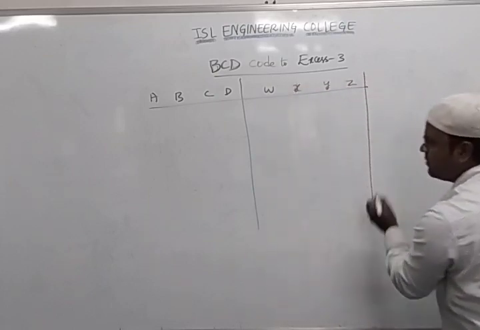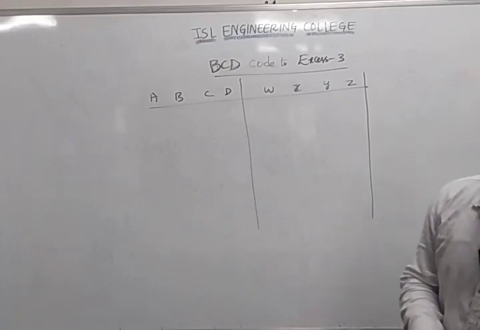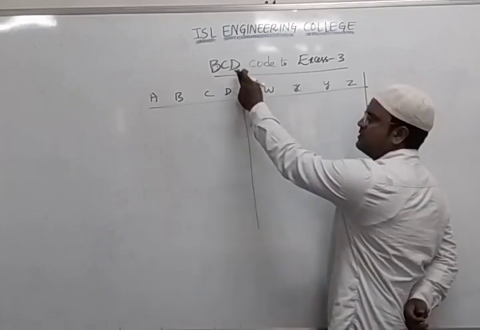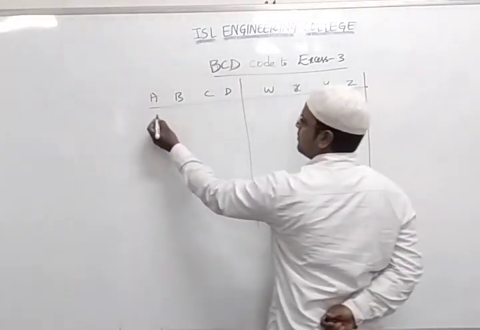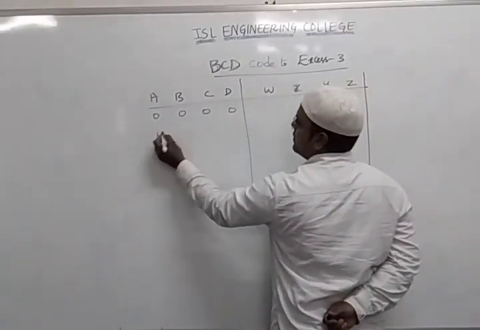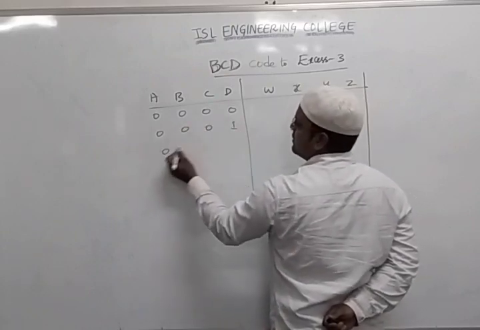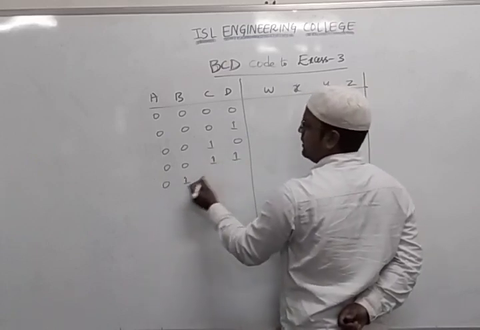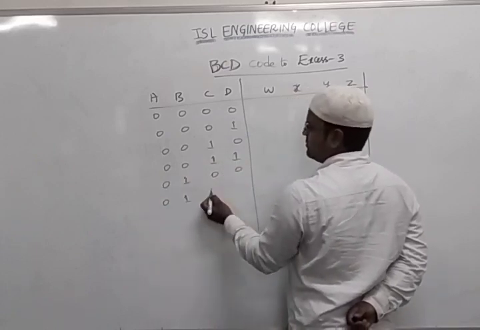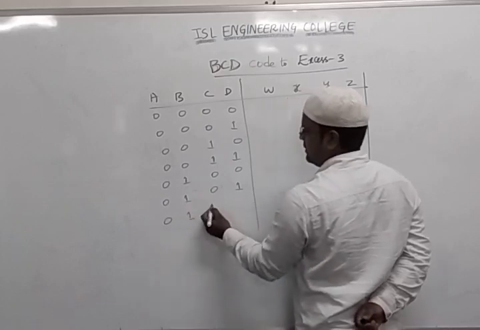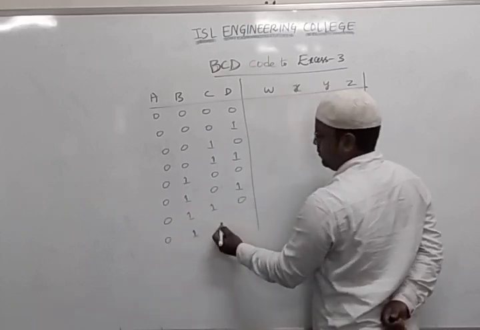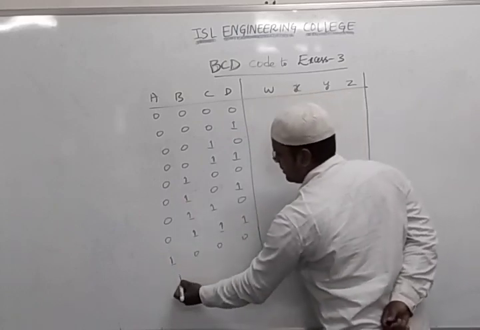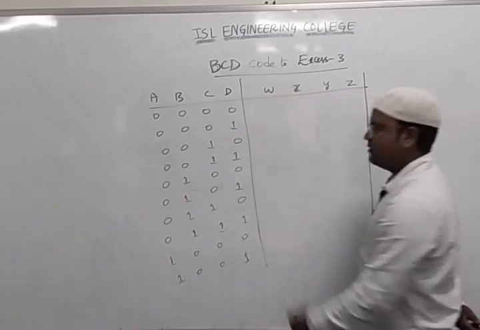So these are the values we will take, and we'll try to write down the values for it. In order to do that, what is the first thing we should know? That BCD contains how many numbers? 0 to 9. So we'll write that particular combination starting from all zeros: 0000, 0001, then 0010, 0011. Likewise 0100, 0101, 0110, 0111. This is 7, then 8, then 9. Right? So this is our BCD codes.